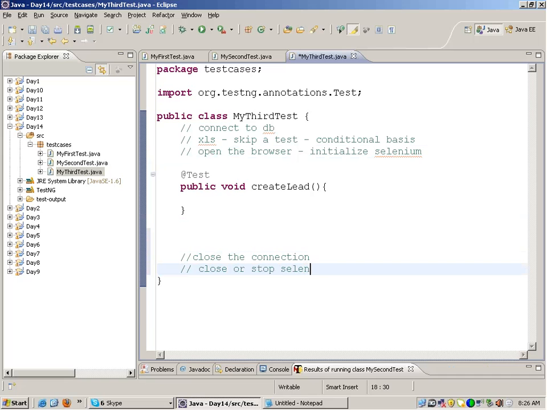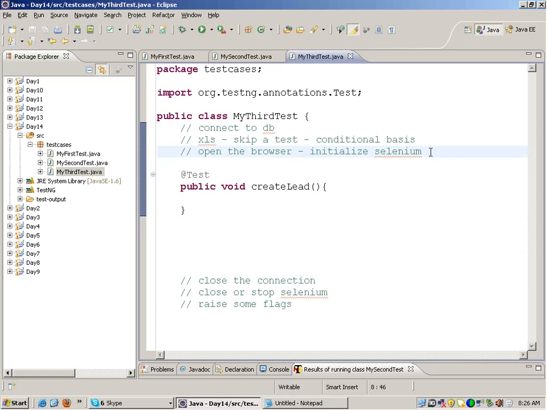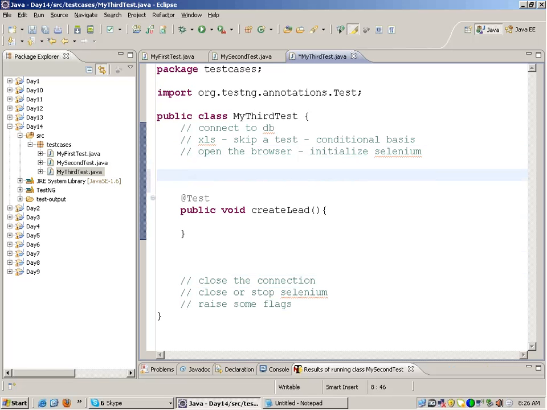You might want to raise some flags. I'll talk about this option later on. So basically there are some prerequisites and post requisites for the test, that is, preconditions and post conditions. Fine, that can be handled with the help of one annotation function called @BeforeTest